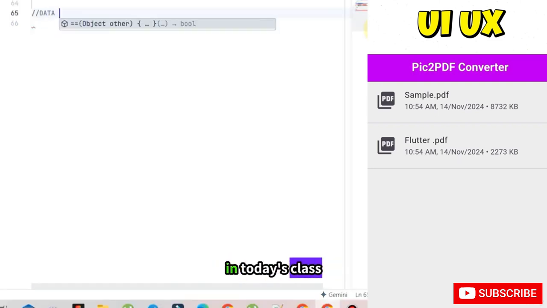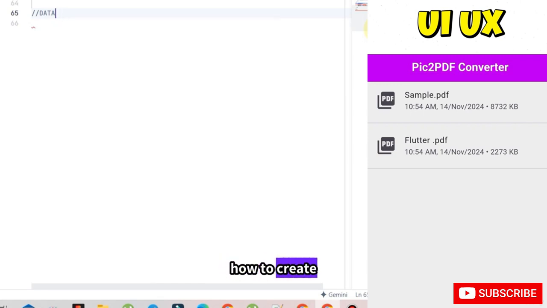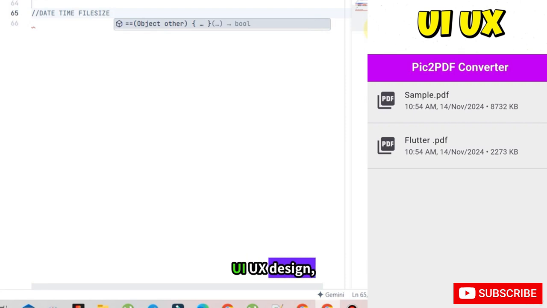Welcome everyone, in today's class we are going to discuss how to create the date and time format and also how to create the file size for our PDF. On the right side you can see my UI UX design. In the home page you can see the PDF file size and date and time format. So for that we are going to create a function